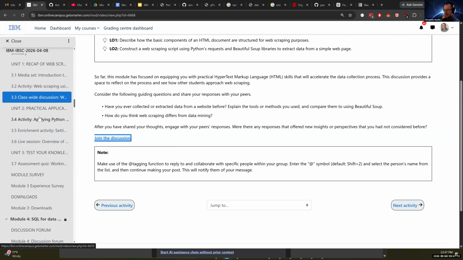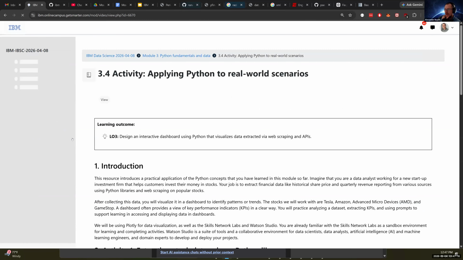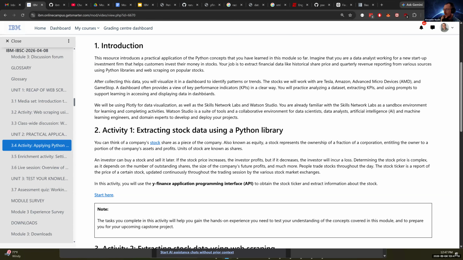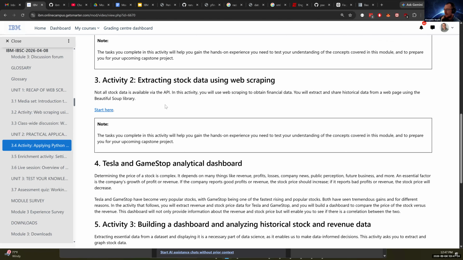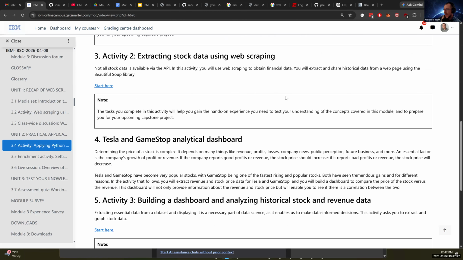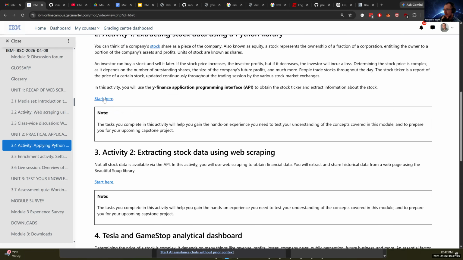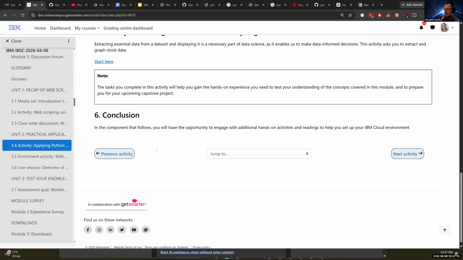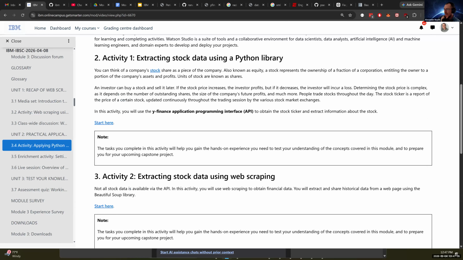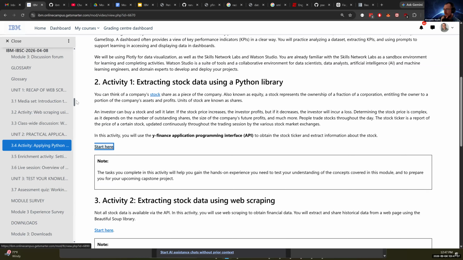And 3.4 is our big one here. As I mentioned, 3.5 is just the enrichment activity. All right, so let's start diving into 3.4. We kind of reviewed this at the top of the lecture, but we're going to be analyzing stock data through yfinance. We're going to start with web scraping. We're going to then move into API. We'll start with API, then go into web scraping, and then build our dashboards out. So let's get started using the API example,